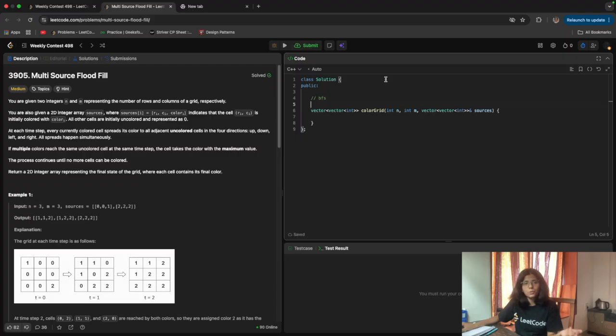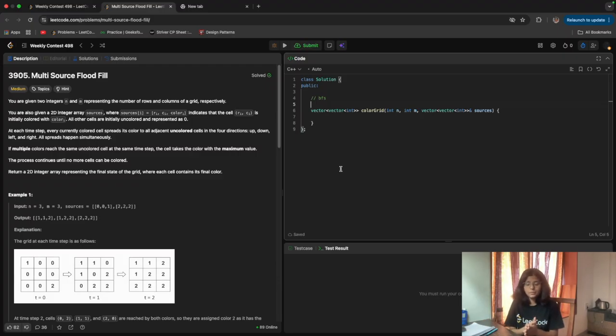Then we need to color that. So we need to add one more thing to remember, the level the cell currently has, and if for the same level I am getting a larger color value, then color it, otherwise don't.